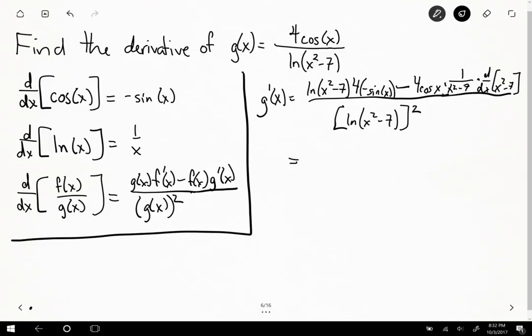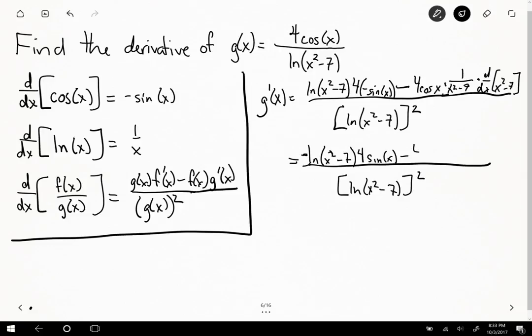Now where do we go from here? Well, we have natural log of x squared minus 7, the quantity squared, and then we have natural log of x squared minus 7. Don't let your eyes fool you, that's a perfect square right there. And times 4 and negative sine x, I'm just going to put that negative symbol right there, right out in front. Most of the time I'll pull the 4 out in front as well, but for right now I'll just leave it right there. Minus, so 4 cosine of x